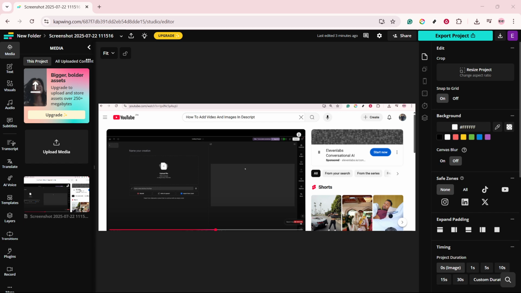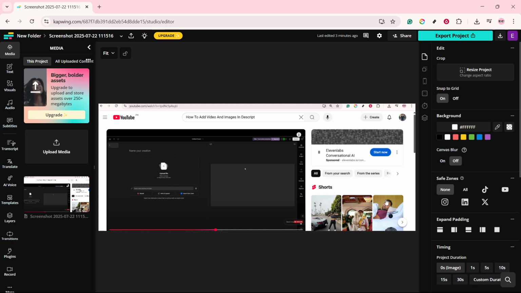Before kicking off the export process, it's essential to thoroughly review your project. This means checking each element. Verify that your text is free of typos, your images are aligned as intended, and any additional media components, such as audio or video clips, are synced and functioning correctly. Conducting a quick review helps prevent potential issues in the final output, saving you time from having to re-export due